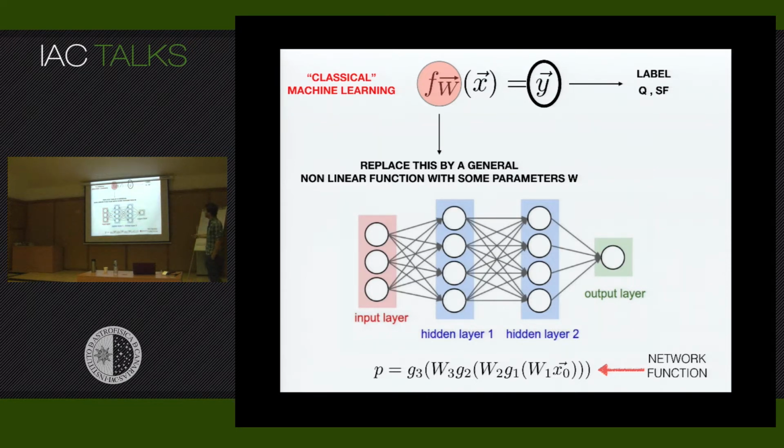So to go back to this picture here, in neural networks this function over here, which depends on some weights, is basically this nested function in which you take the measurement, you multiply by some weights, you apply the activation function, then you multiply the output of the first layer by some weights, you apply the activation function of the second layer, you multiply by weights, you apply the activation function, and so on. So at the end, you get a nested function. This is your network function, in which you have lots of parameters, the weights, and the nonlinearity which is introduced here. And this is my network function.